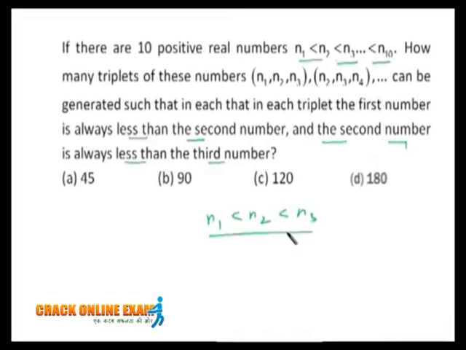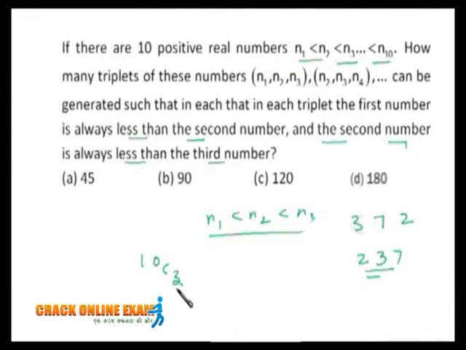See, we have to make the triplets and we have to select the three numbers from these 10 numbers. So how many ways can we select? 10C3, right? Now we have to make the arrangement where n1 is less than n2, and n2 is less than n3. So just a single arrangement is possible if we have three numbers. Suppose we chose the three numbers as 3, 7, 2. In how many ways can we arrange them in ascending order? That will be just a single arrangement, that is 2, 3, 7.